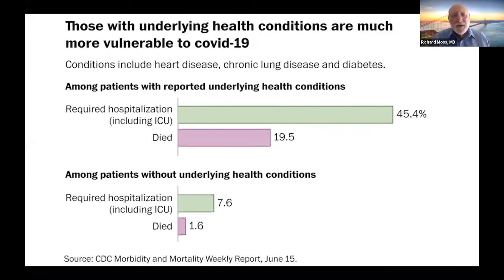And these comorbidities are very strongly linked to outcome. So again, using CDC data, we see that the risk of hospitalization is 7 or 8 times greater in those with these comorbidities than in people that don't have them. And even more striking, over 10 times higher death risk for people with these comorbidities. So that, of course, makes us focus as a CF community on the fact that chronic lung disease is one